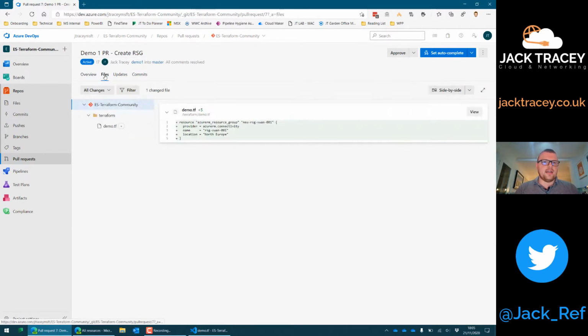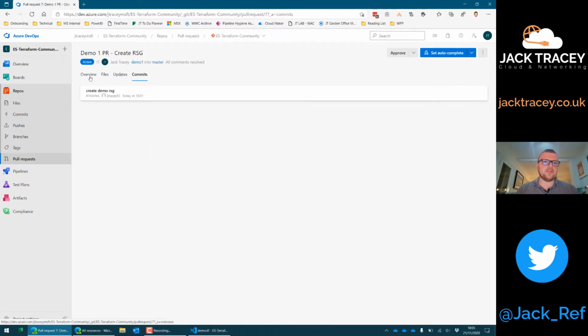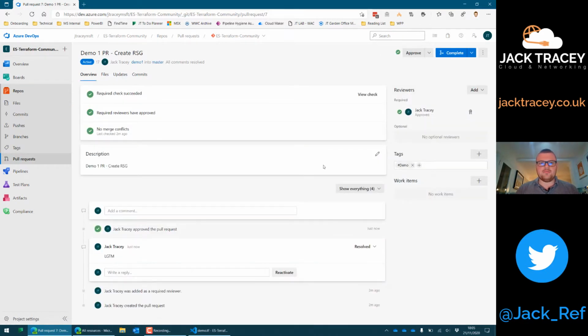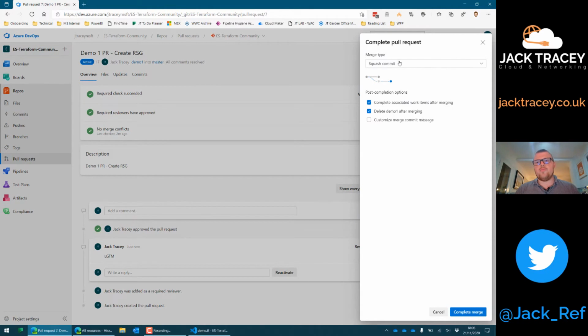You can also click in here from the pull request and see what's being changed and how many commits have happened. And that's it. So if we now click approve, brilliant, that's now approved. And we can now complete the pull request, which will actually push this code from the demo 1 branch back into the master branch, and then the build pipelines and the release pipelines will all kick off to actually deploy